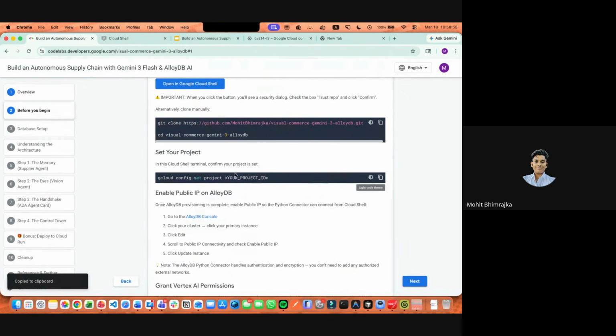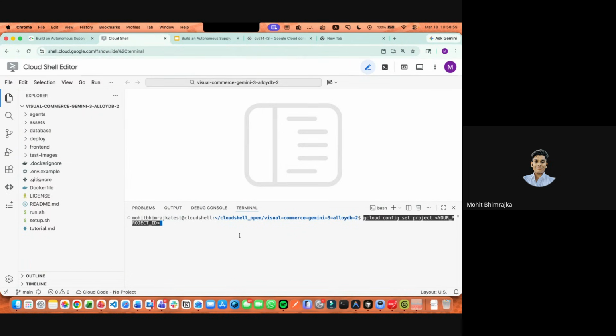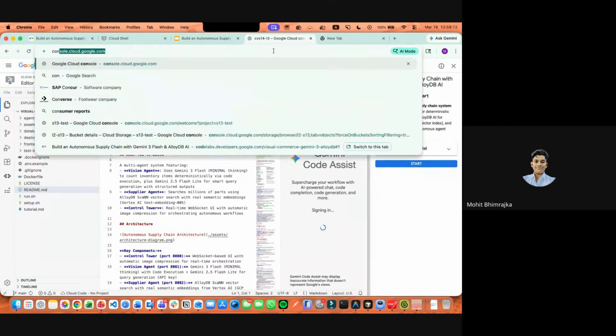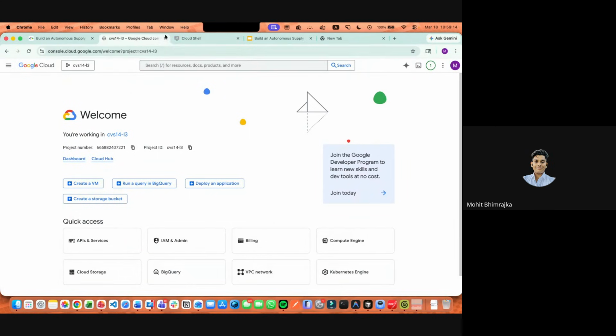So there's a very simple command, which is gcloud config set project, that we're going to use. So we just paste this command and we will backspace into the arrows, and then after project we will enter our project ID. Make sure you know what your project ID is. If you do not know what your project ID is, go back to